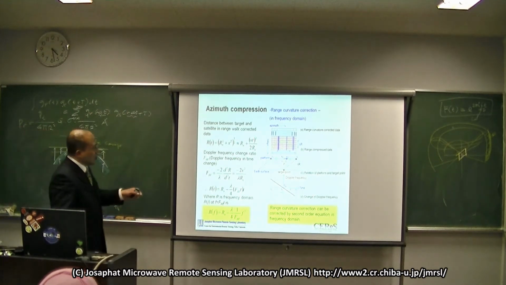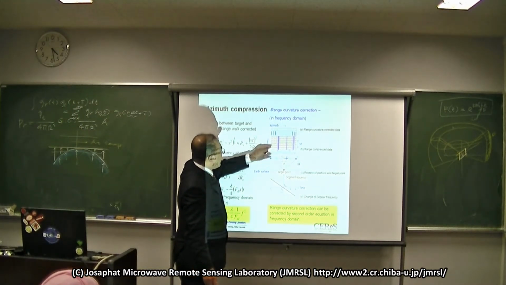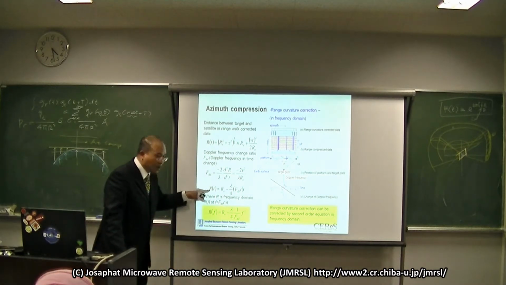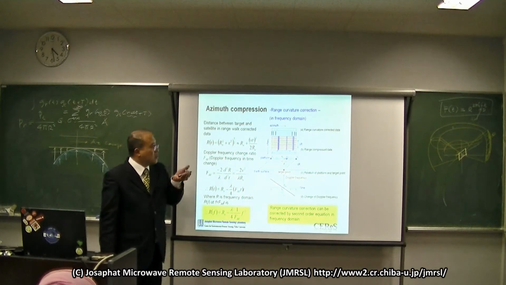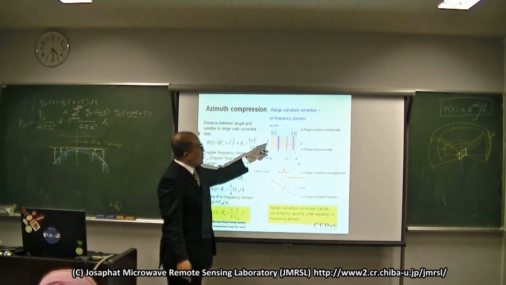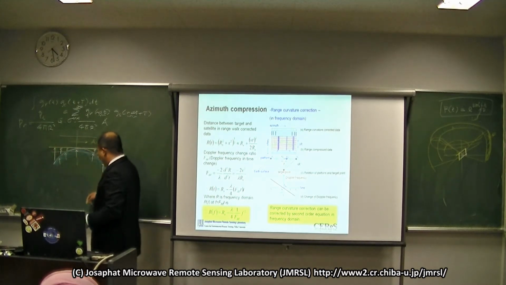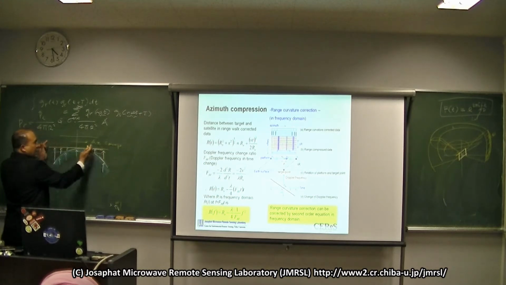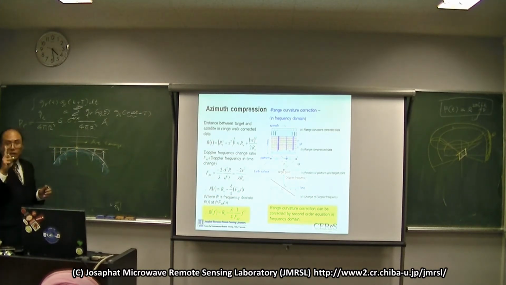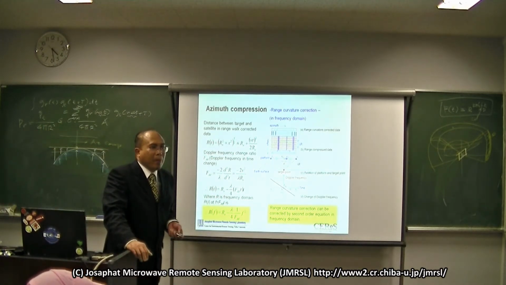So this R(t) changes here. You need to make the change. Make it straight. After you make this line straight, then you compress in the azimuth direction and it becomes just one line. You are using interpolation to correct the